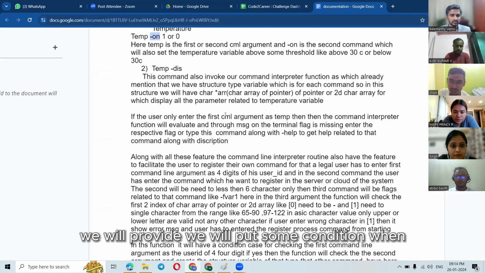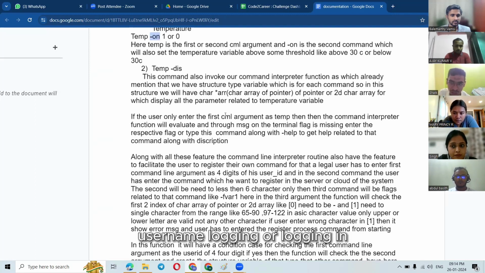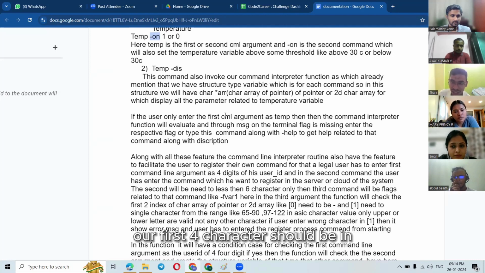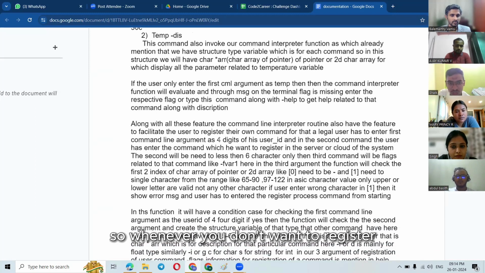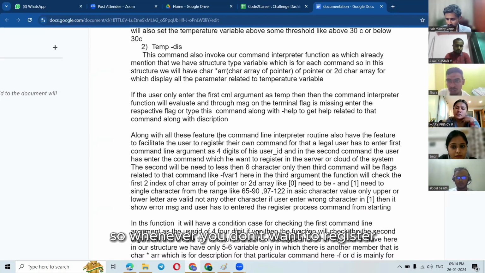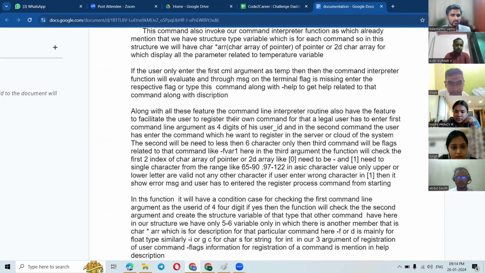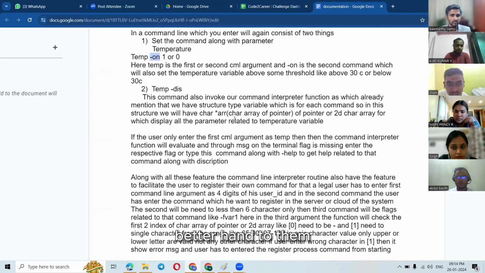We will put some condition whenever the user is logging in, that the first four characters should be integer values, like 2, 3, 4, 6, like that. And along with that, whenever a user wants to register a command, he needs to put his, where I have written.